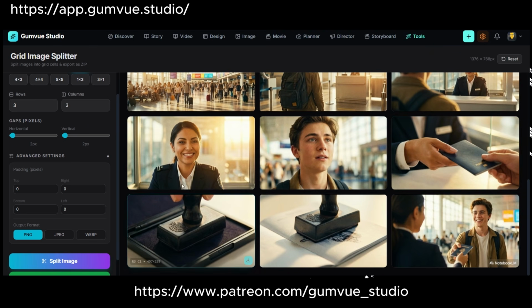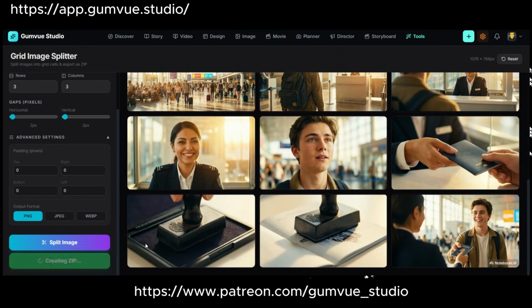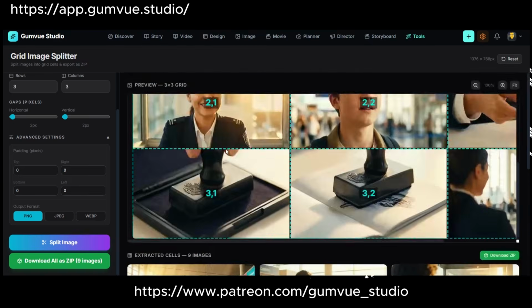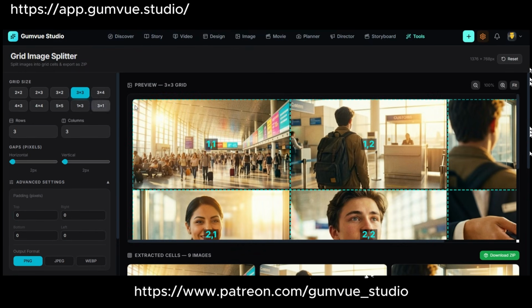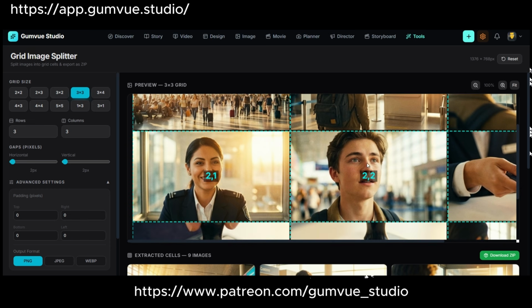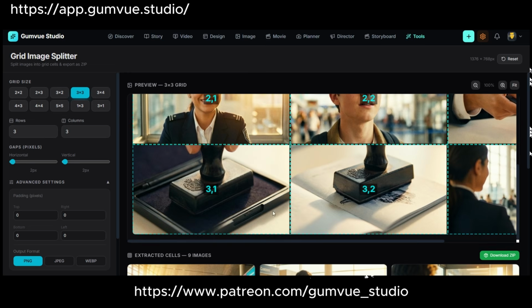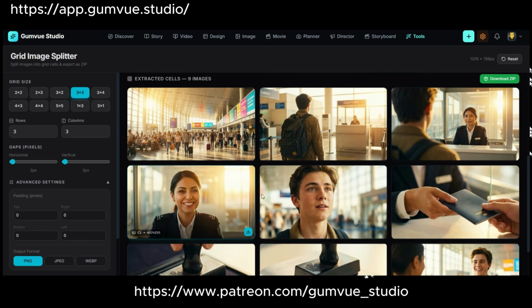In the future, I will maybe click and generate videos based on these shots. But for now, you can download a zip file with 9 images and use it. So it's a very handy tool for generating these kinds of grids, and then you can upscale these images and then animate or whatever you want. So for now, it's just doing this. Also, this is free, right? You don't need to have a paid account to do this.